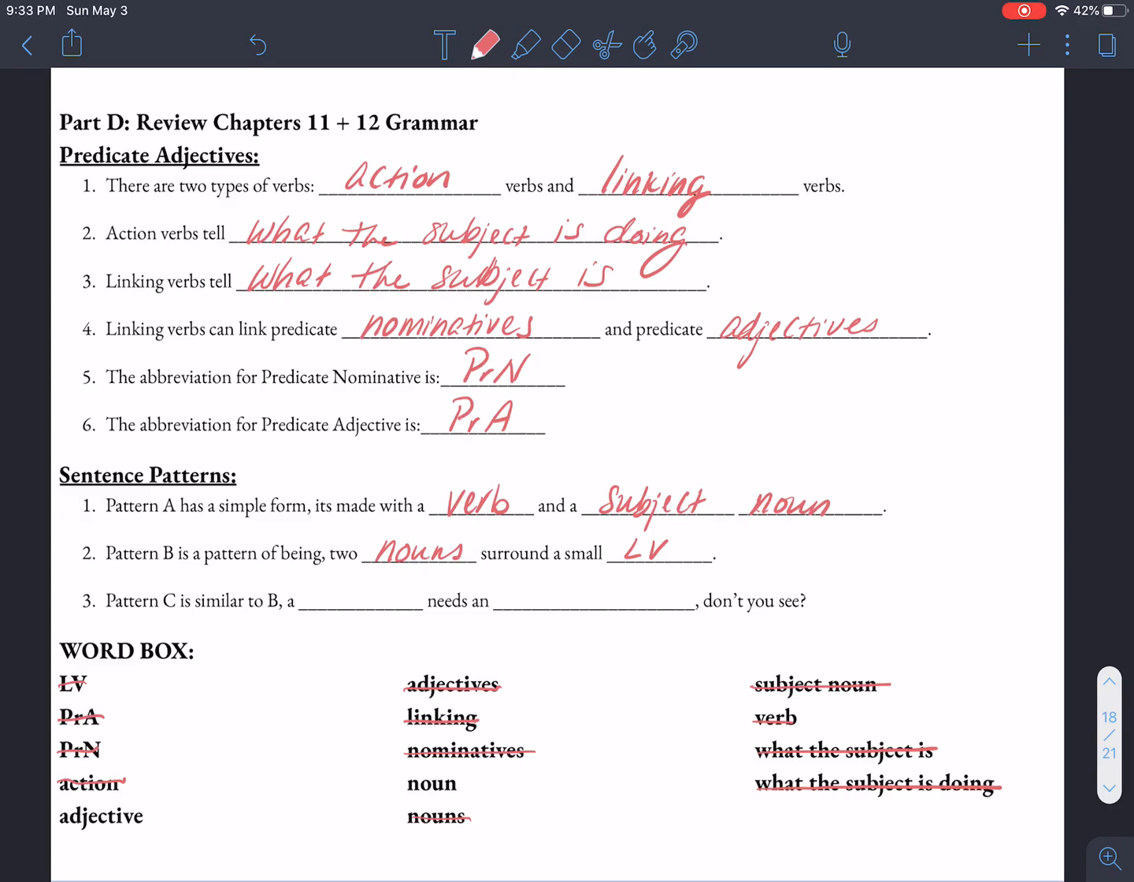Okay, and finally, number 3. Pattern C is similar to B. A noun needs an adjective, don't you see? Okay, SNLVPRA, SNLVPRA. Pattern C is similar to B. Okay, so those are your answers, and notice that we used all the answers in the word box